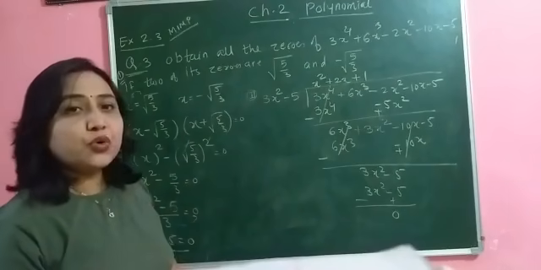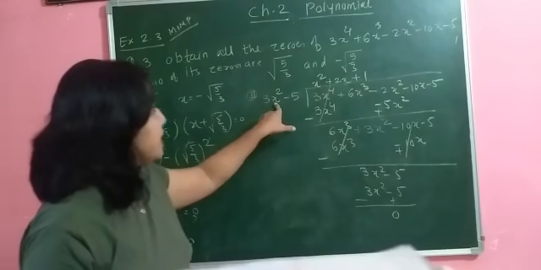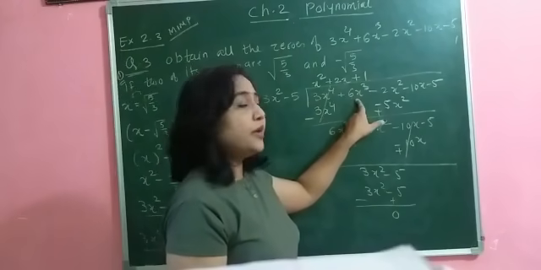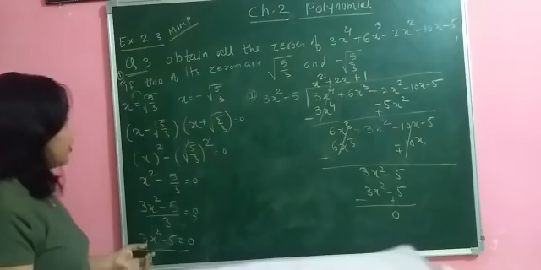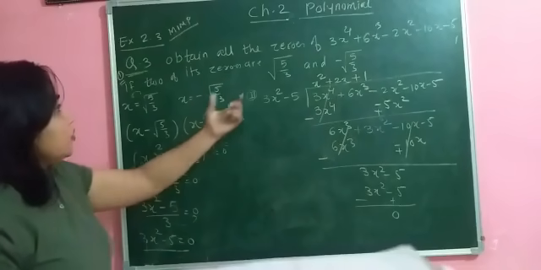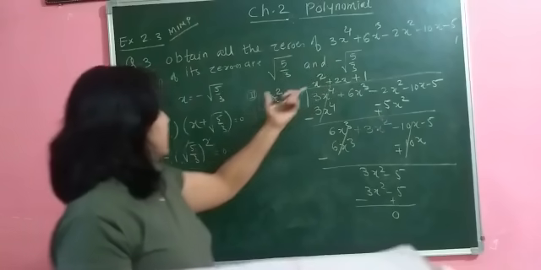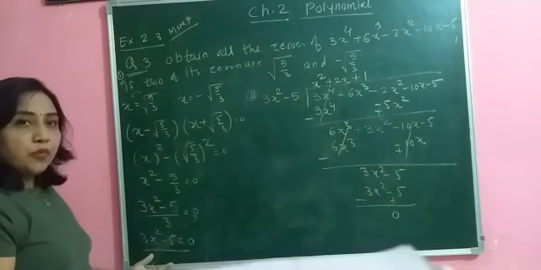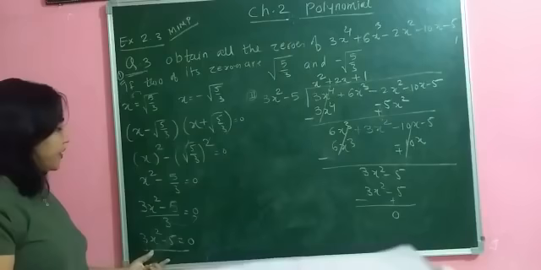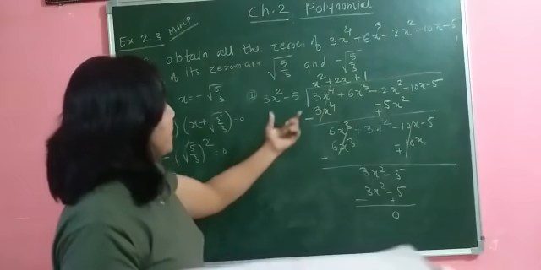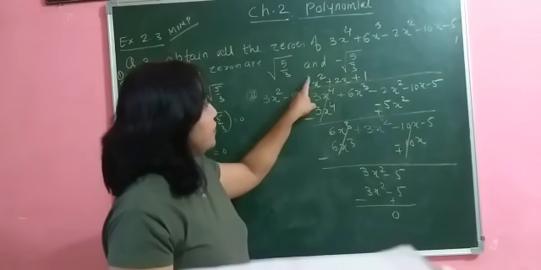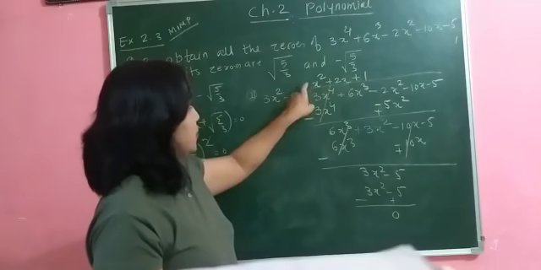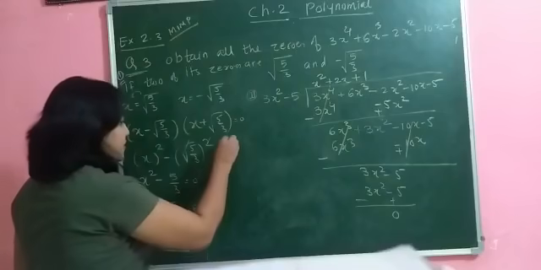Okay. What does this show? This shows that this is a factor of this polynomial. So in the first step, what have we done? Using this factor we found the polynomial. After finding the polynomial, we performed the division of two polynomials. Then I will have this quotient. So now the third step is,